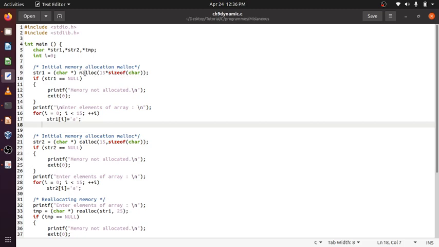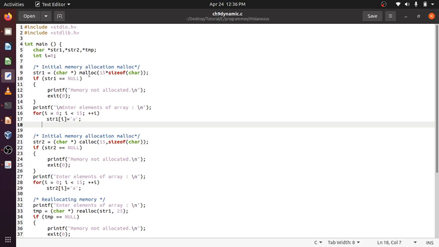The return type will be void star, void pointer, which means nothing specific. But str is a char pointer, so we need to typecast it with char star, then str = (char *)malloc.